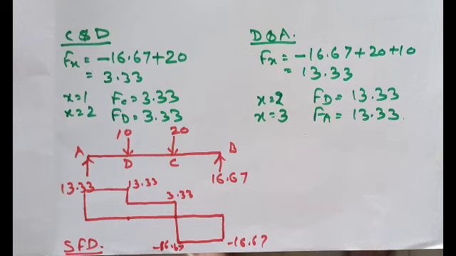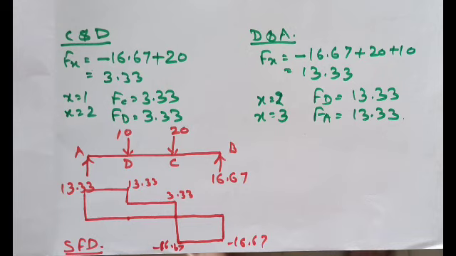Now we will draw a line equal to the length of the beam. We will mark all these points B, C, D and A on this line. This is the reference line. Negative forces will be drawn in the downward direction and positive forces will be drawn in the upward direction.